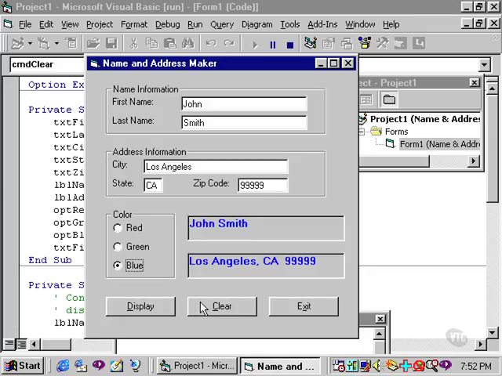Now I'll use Alt-C for clear, and as you can see, that has caused the text boxes, the labels, and the option buttons to be cleared. You'll also notice that the insertion point has now been reset, that is, the focus has been reset at the first name text box. I'll type in Sue Jones, and I'll type in a city of Chicago,